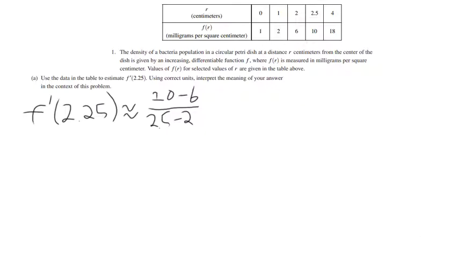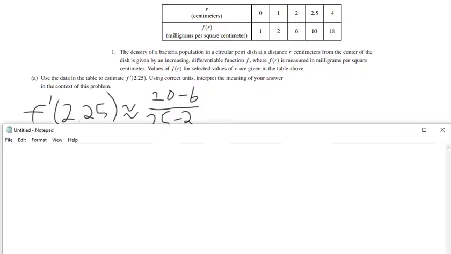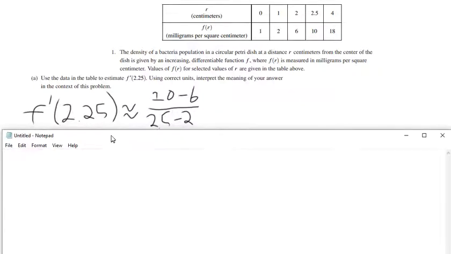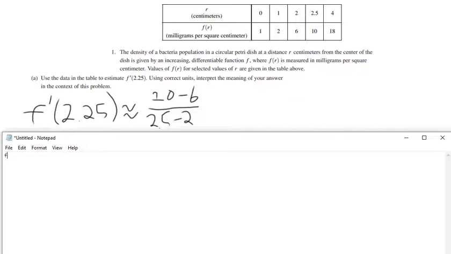And on the exam, of course, you would handwrite your sentences, but since it's kind of hard to write on the computer screen, I'm going to take the liberty of typing it. So I'm going to say f prime of 2.25 represents the rate at which the density of the bacteria is increasing with respect to the distance, r,